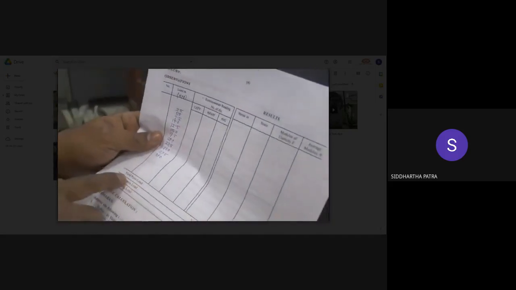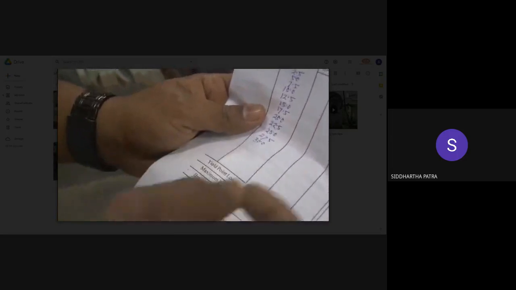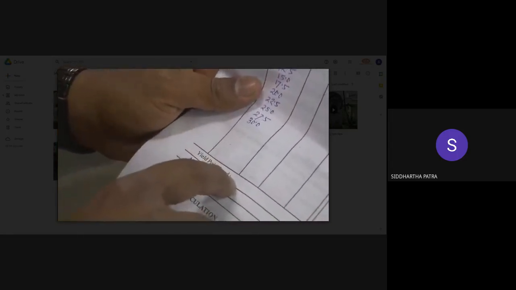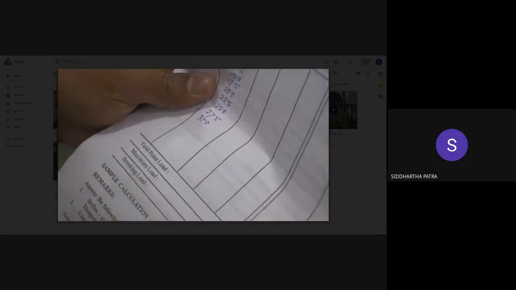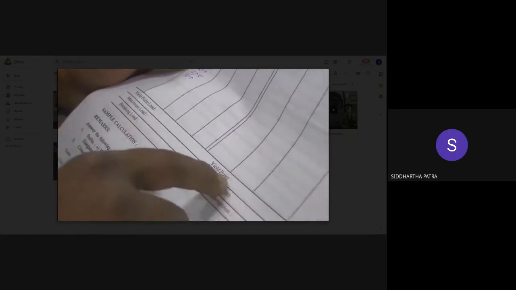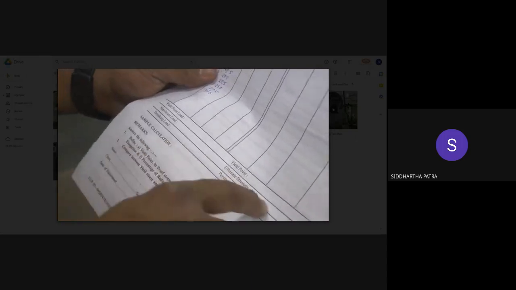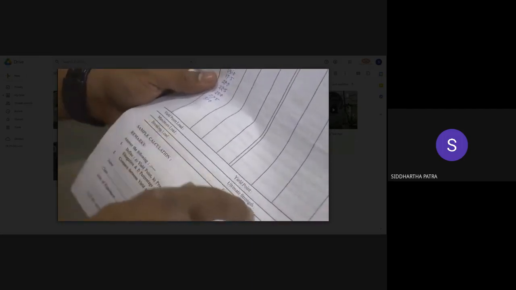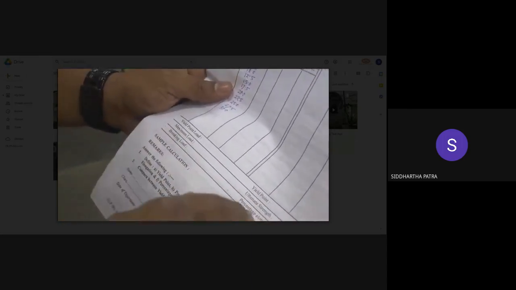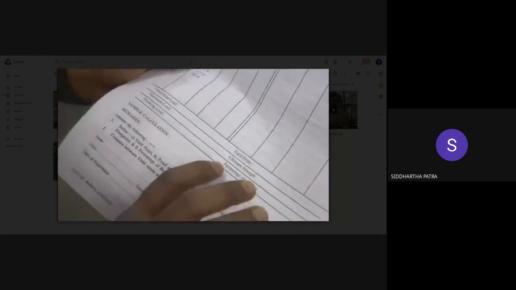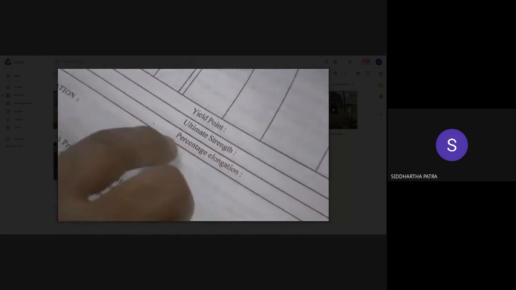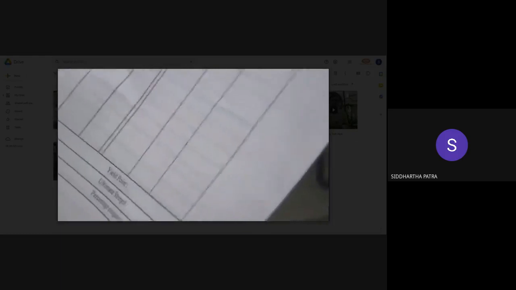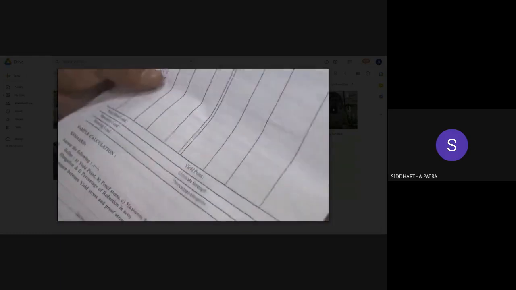For example, the value of the load, that is the actual force in kilonewton when you reach the yield point, or what is the maximum value of the load, and other things. And from that you will calculate the stress value at the yield point, the ultimate stress value, that is the maximum load divided by the cross-section area, percentage elongation, and several other things. So here one important piece of information is mentioned, which is percentage elongation. Percentage elongation is a measurement of the ductility of a given material.